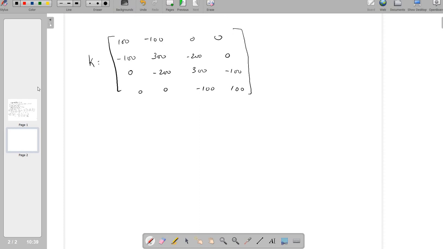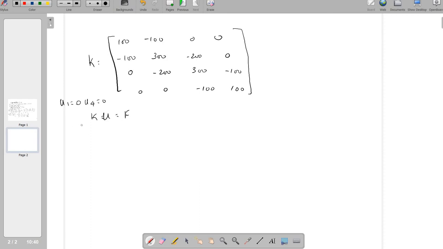So first we found the global stiffness matrix. Next we have to find the displacement at nodes 2 and 3. Why nodes 2 and 3? There is no displacement at nodes 1 and 4, that is U1 equal to 0 and U4 equal to 0. So we can keep this as a boundary condition. The equilibrium equation we should use is Ku is equal to F. This is the equilibrium equation.